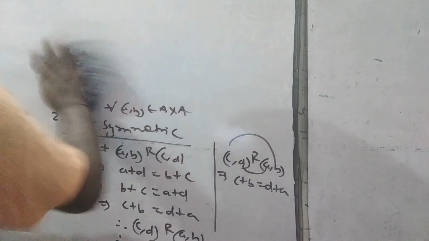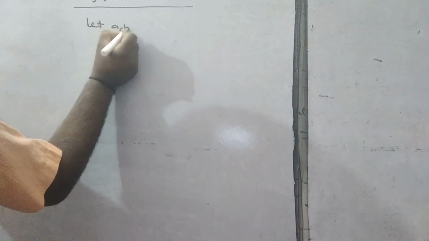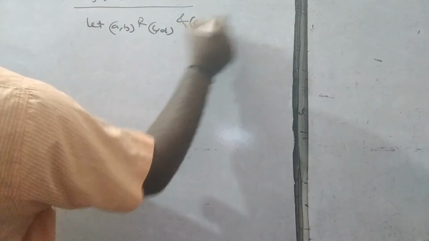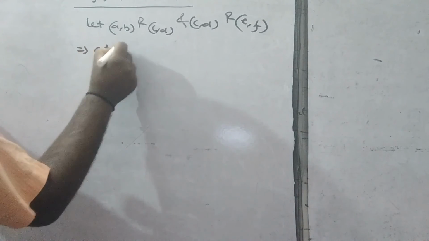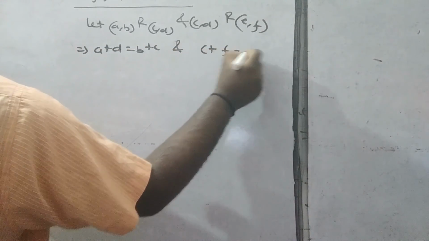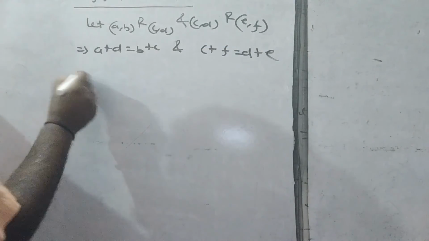Now come for the transitive one. For transitive, third, we have to take two pairs. So let (a, b) be related to (c, d) and (c, d) related to (e, f). This implies a plus d is equal to b plus c. This implies c plus f is equal to d plus e. Now put,